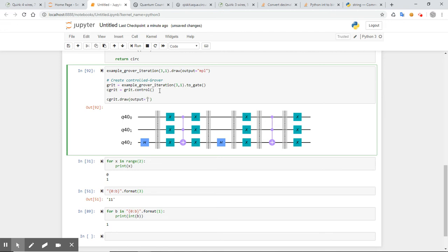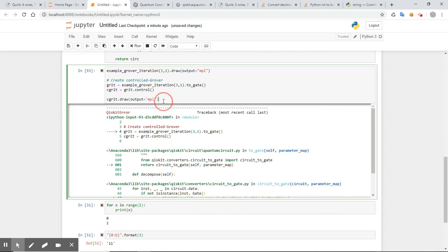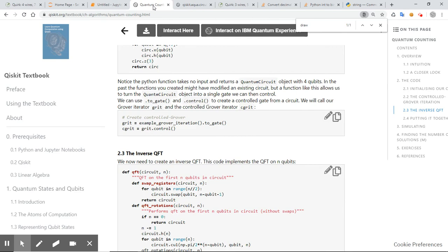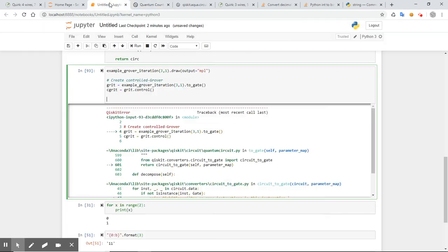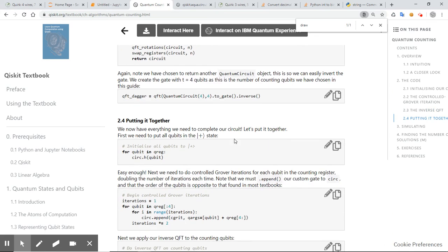Output equals NPL. I cannot draw that. Why? Because that's just a gate. Okay, so that's just a gate. And now I do a... how can I use this now? I can probably use,